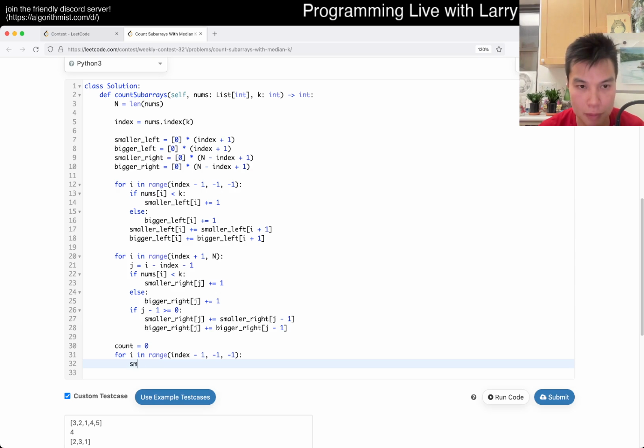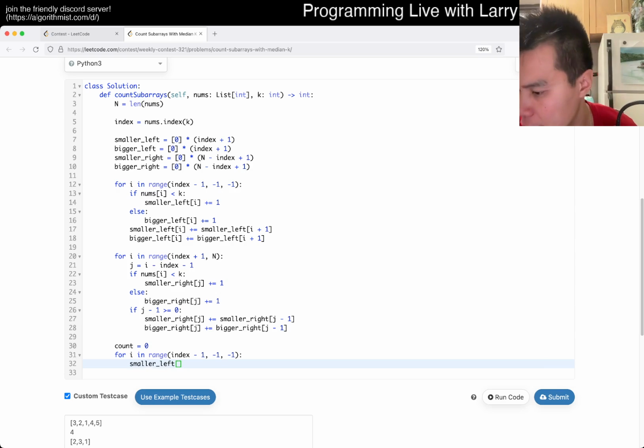So smaller left. Let me try to figure this out. 6. Right. So in this case, we have 2 smaller left, 1 bigger, and on the right we have 2 bigger, 1 smaller. Okay, that's good, but